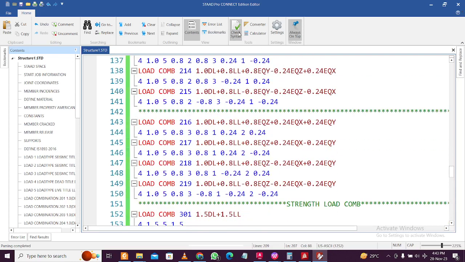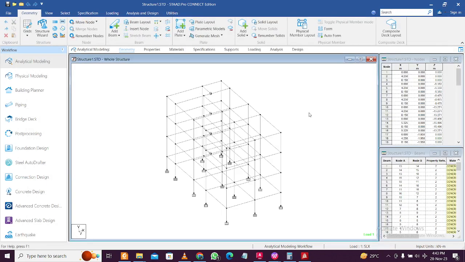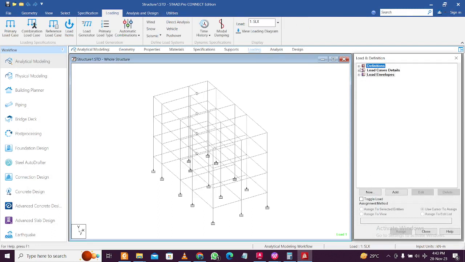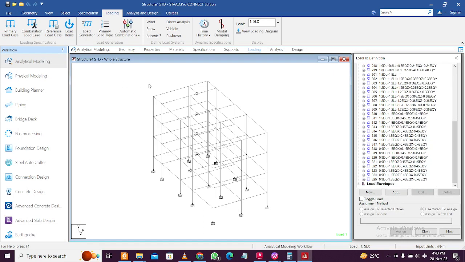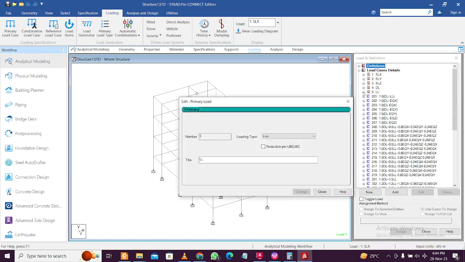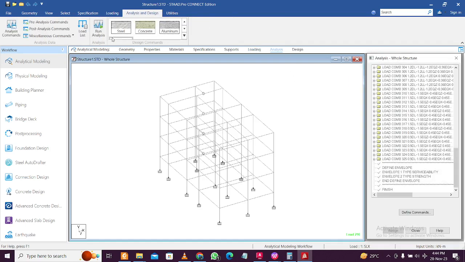Done. Check the syntax, and then close this. After all this is done, you can see this load combination, and two load envelopes are also defined. These envelopes will help you in the post-processing mode to see many things. Also the live load and dead load are already done, and you can see these load combinations are there. Once these load combinations are there, you can go to analysis here and add the analysis